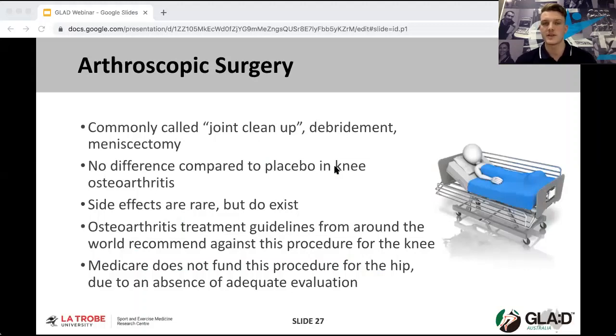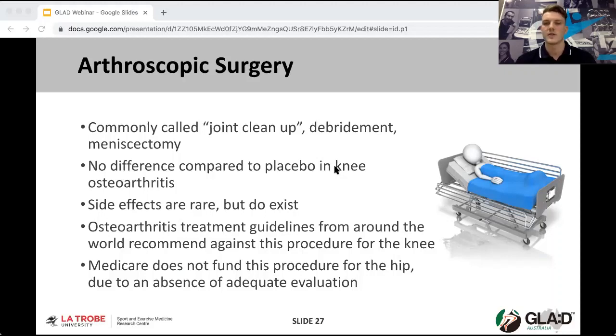So it's a very common procedure, and it's associated with a reduction in pain, usually about 30%. However, arthroscopic surgery is no more effective than a placebo or a fake surgery in multiple studies of people with knee pain. So fake surgery is also associated with around a 30% pain reduction, which is quite interesting. And this means that benefits are likely due to factors not related to the procedure. Okay, so this could be post-surgical rehab, better management of loads, reduced fear of exercise, or any number of other